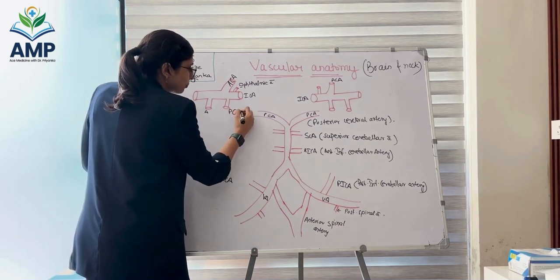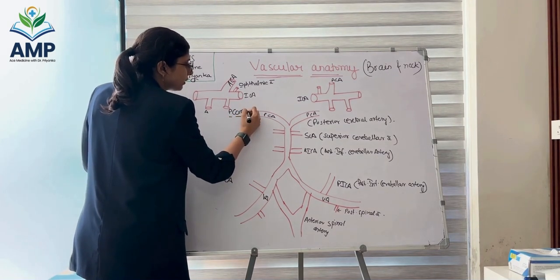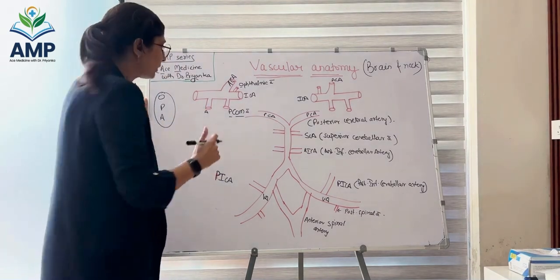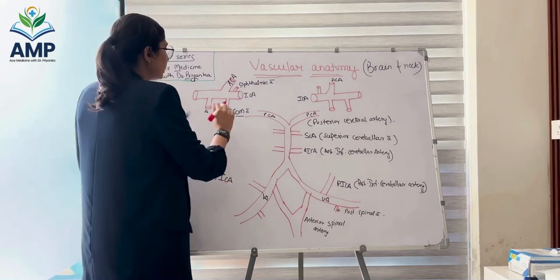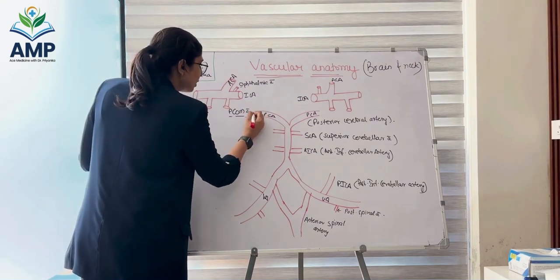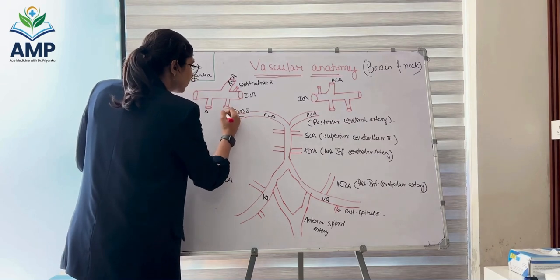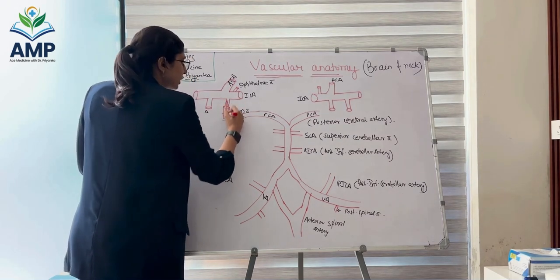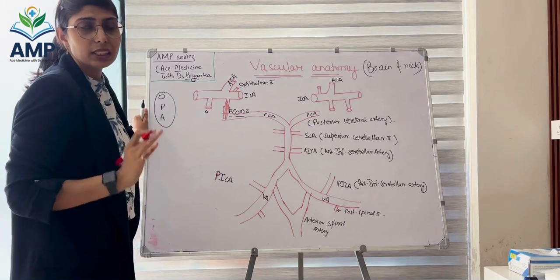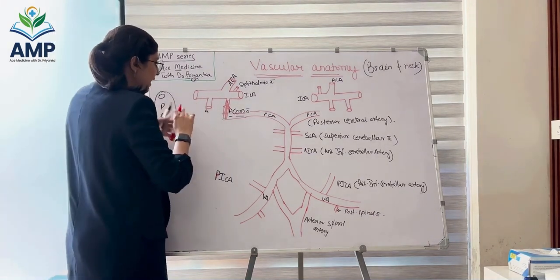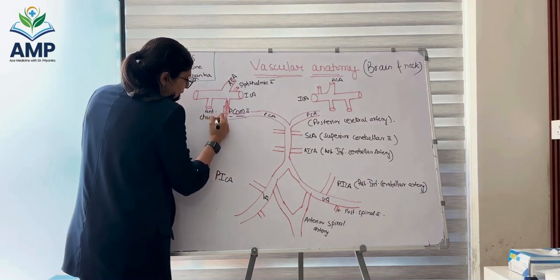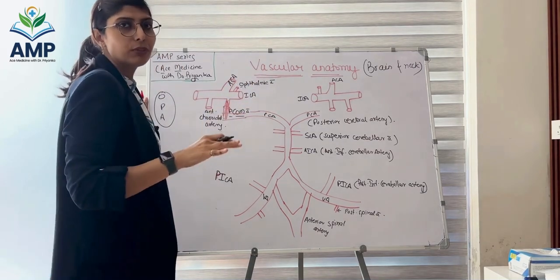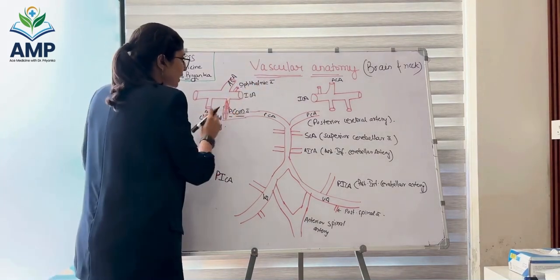P stands for PCOM, posterior communicating artery. As the name suggests, it is communicating with something. What is it communicating with? The PCOM is joining the ICA with the PCA. It is the connection between the anterior circulation and the posterior circulation of the brain. And the A stands for anterior choroidal artery. It goes into the anterior perforated substance, but what you need to know is OPA,